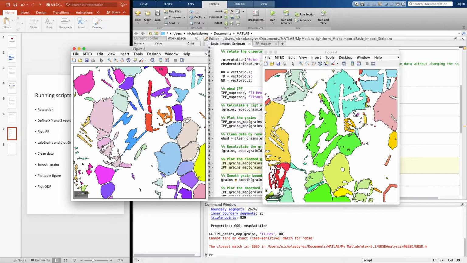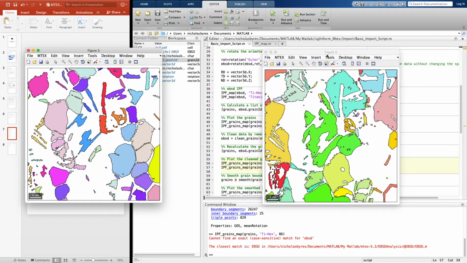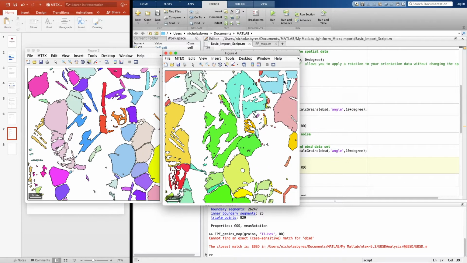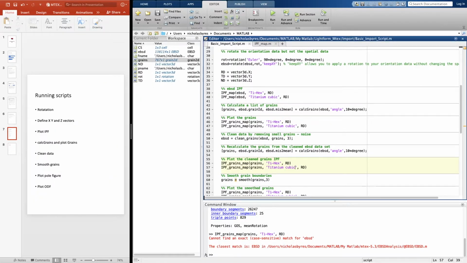However, we still have a slight problem here. Firstly, we still have some smaller grains, which we probably could have removed by using a slightly larger size. But also, the grain boundaries have this strange stepped effect, and this comes from the fact that the pixels themselves are square, and so inherently a grain boundary will come up with this square stepped effect. So in order to get rid of this, we can use another command